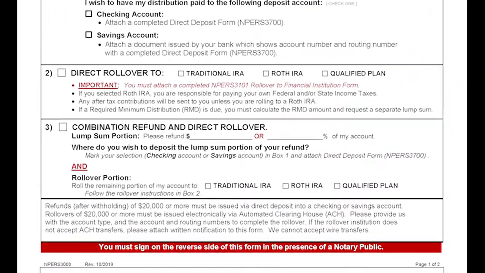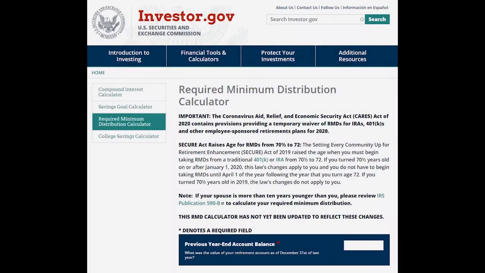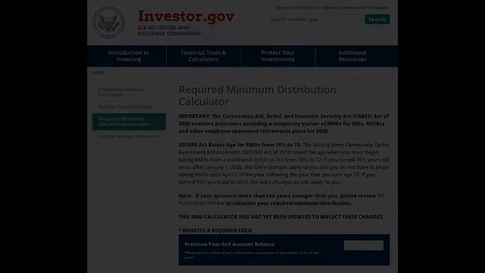The third and final distribution option is a combination of the first 2. This will be the option that you need to select if you have an RMD due but want to roll over the rest of your money into one of the 3 types of accounts listed in option 2. This will involve first calculating your RMD and then requesting that dollar amount as a lump sum distribution. The IRS has an RMD calculator available on their website at